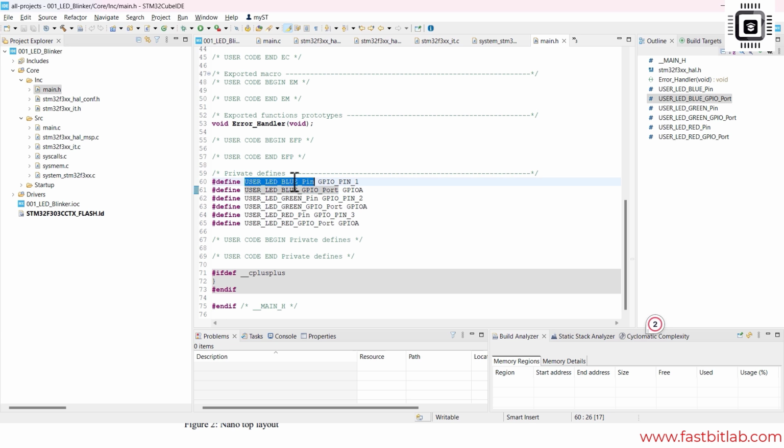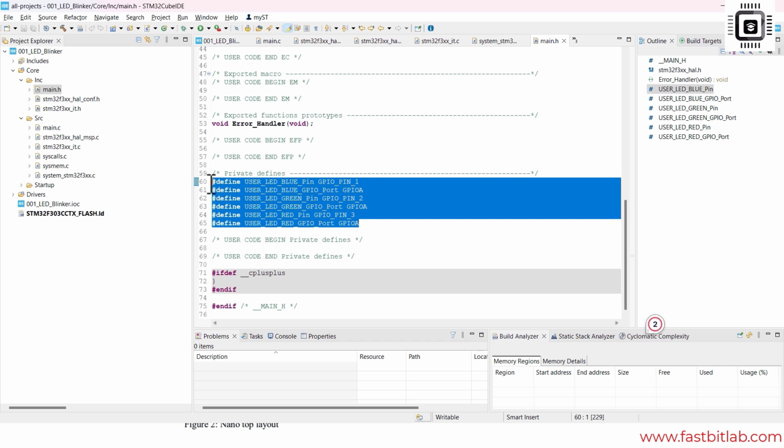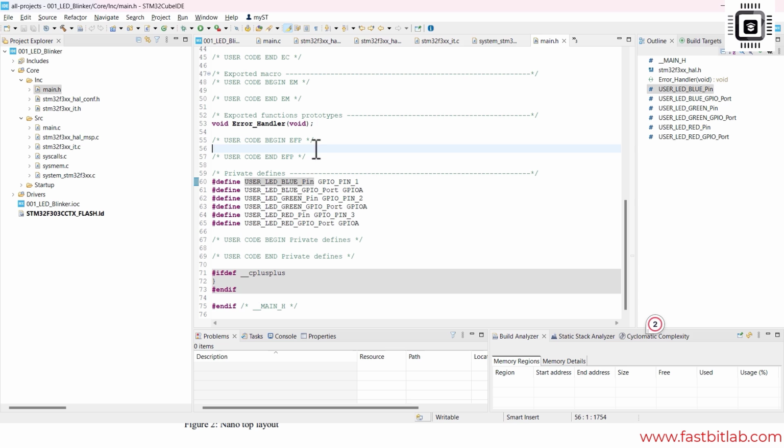User LED blue pin is actually hash defined to GPIO pin 1. The code generator generated these macros by taking the labels you had provided for the GPIO pins in the IOC file of this project. So you can use these labels instead, which gives more clarity to your code. Let's use these macros. Anyway, they are there in main.h, and main.c